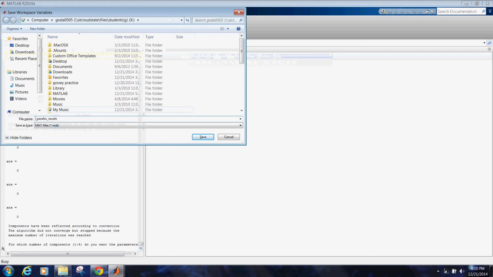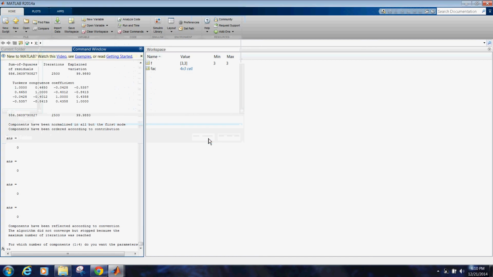We have kind of this default tag to keep everything consistent, so you can go back and find it, and we can say this was block 2. We can say block 2 PARAFAC results. Again, this will be saved as a .mat file, so we can save that,